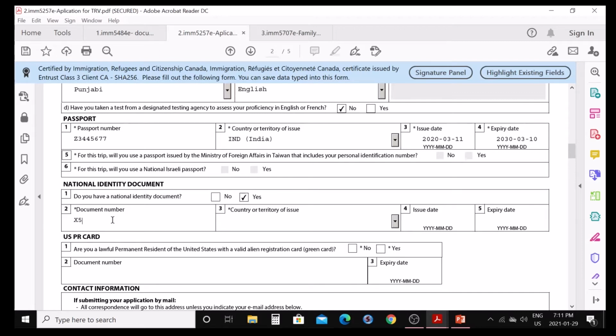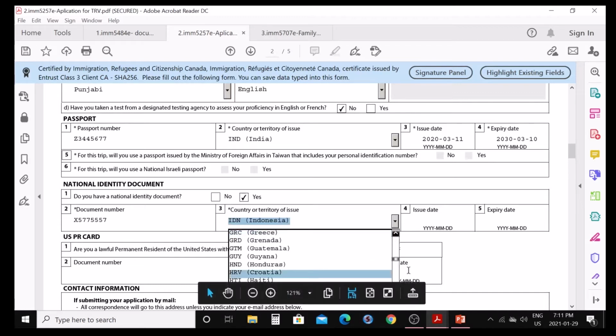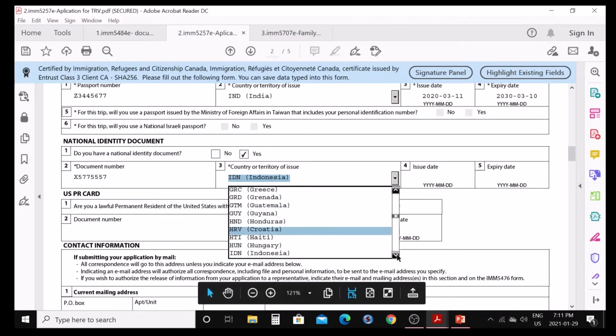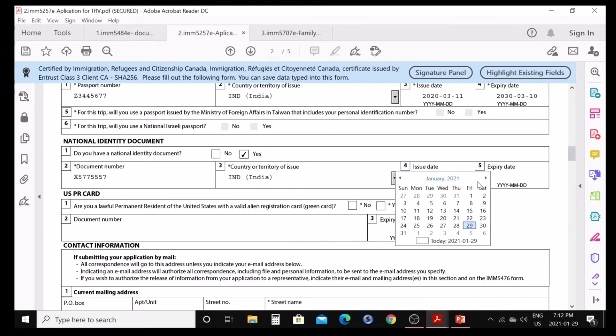Actually, I don't know how an Aadhaar card looks like, so I will write any number here, but you can write your passport too. Same, you can write your country of issuing, so in which country it was issued to you, so you can go down here, India. What was the date of issuing? I don't know when they started Aadhaar card.